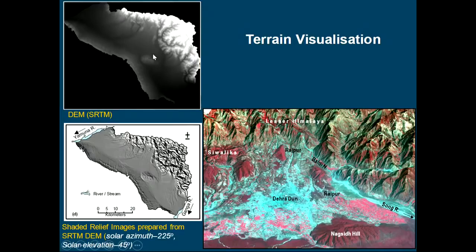I can derive some more parameters of the terrain like slope map, aspect map, curvature. There are many things that can be derived from this height map also. Even the water bodies I can derive from it. All the drainage we can derive. We can also derive watershed boundaries from this height map directly. Automatically we can derive it.